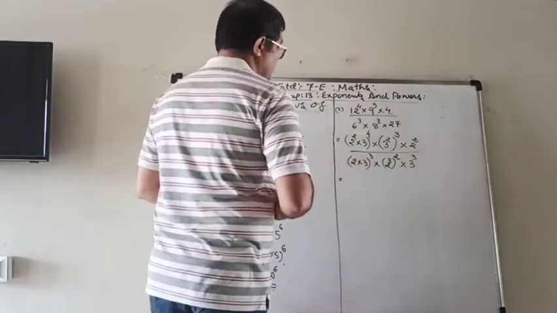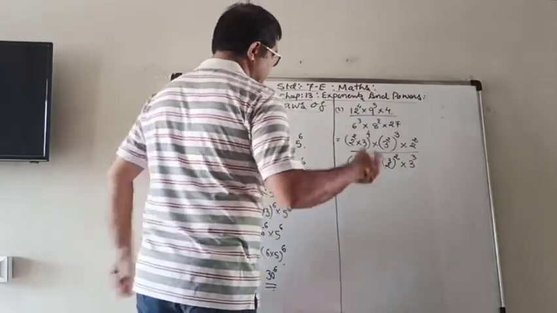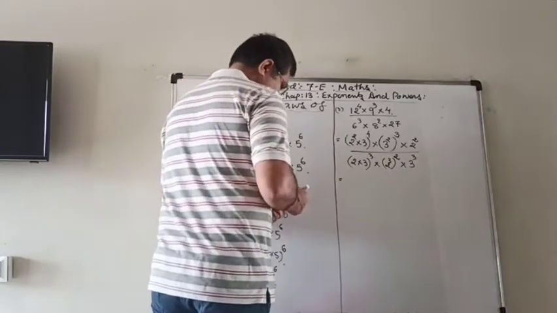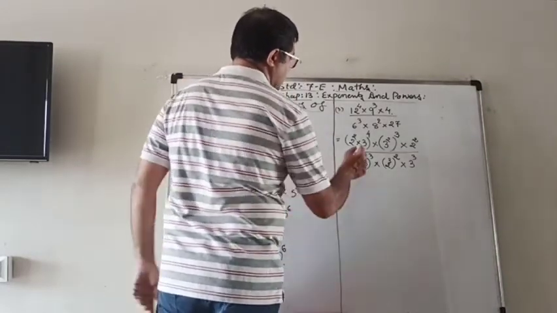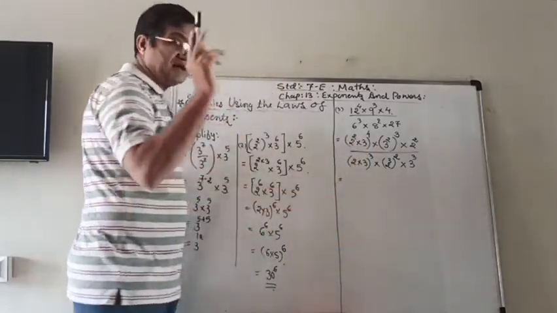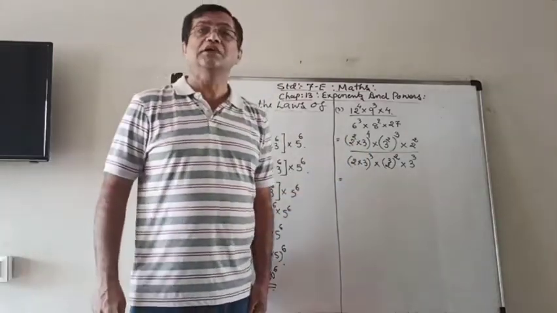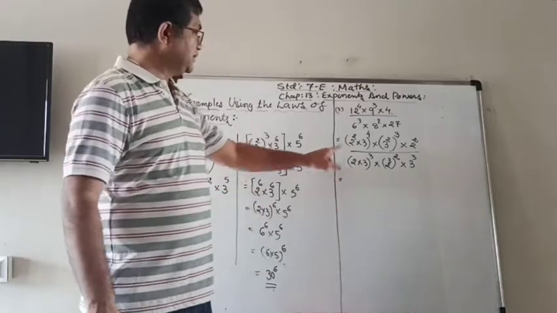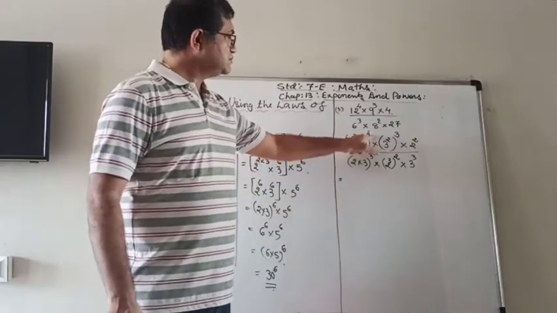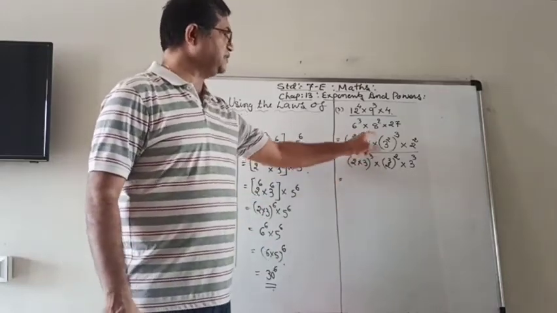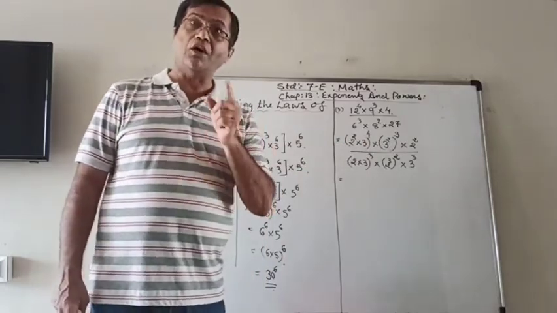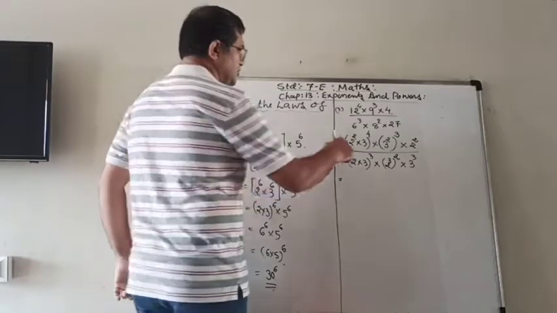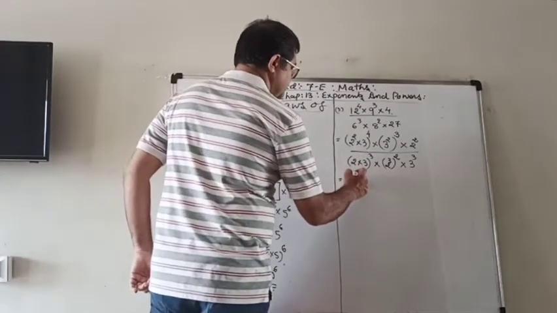So now, slowly we have to go. Now here you know that I gave you a rule, Mummy Papa's rule, if you remember, that if the bracket is there and there is a power, that power will be given to all of them. So here 2 square is there,